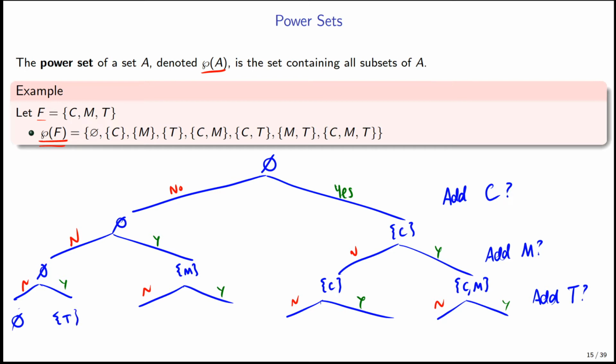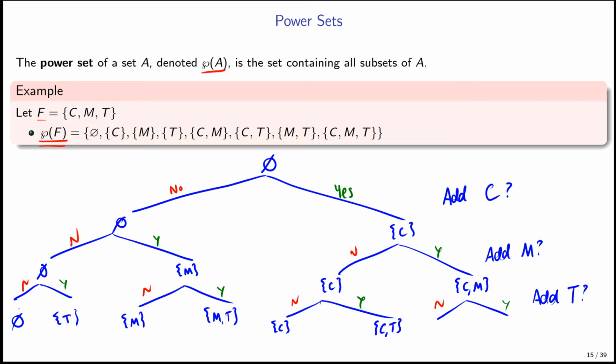It now contains Tim. Okay, with M, if we have Mira in our set and we don't add Tim, then we're just left with Mira. If we add Tim to our set, then we have the set containing Mira and Tim. Okay, let's go over one more to the set containing Clara, just C. Now if we want to add Tim to the set, let's start with no. If we have the set containing Clara and we don't add Tim, we're just left with the set containing Clara,